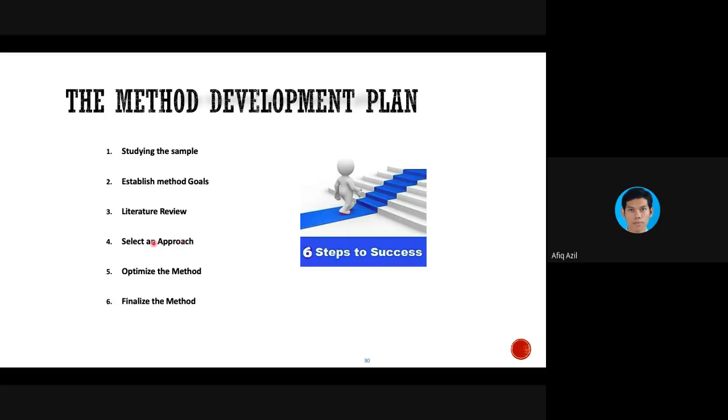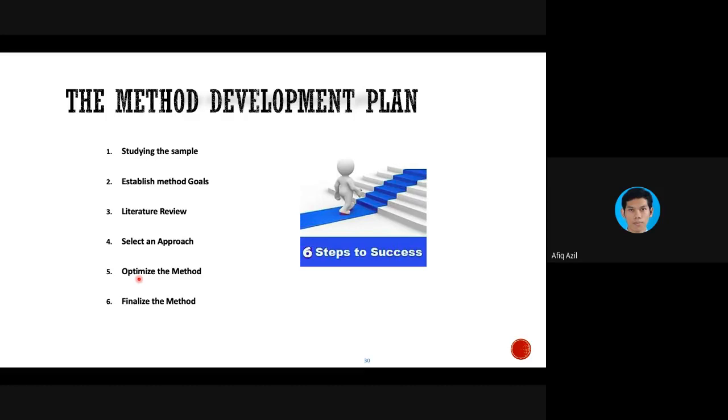Once you have selected, then we go to optimizing. Optimizing means you want to make sure that the method that you copy, or that you choose from the reference, is suitable for you. Suitable for you means that it is suitable for your sample and your facilities, which is the lab that you are doing it in, because you are not going to do it in another lab.